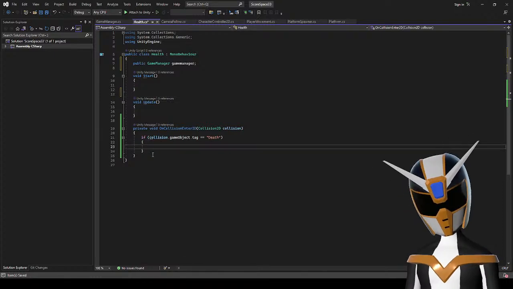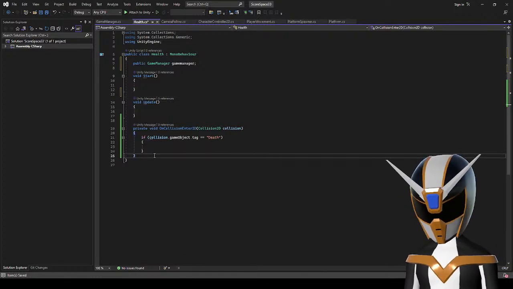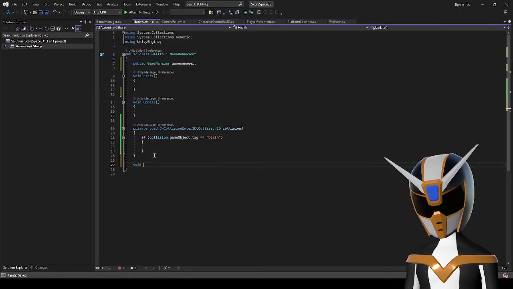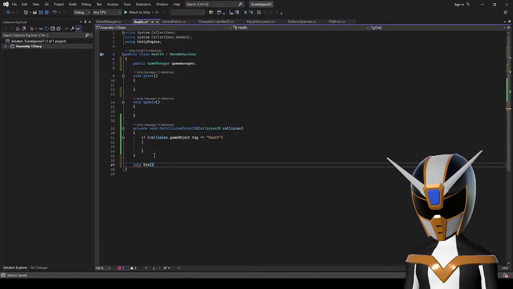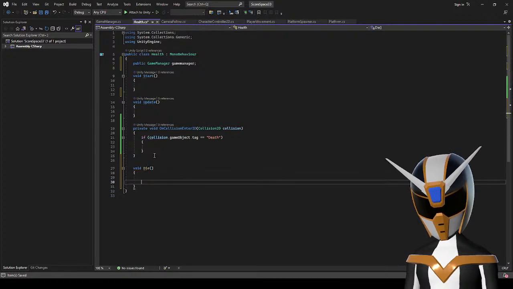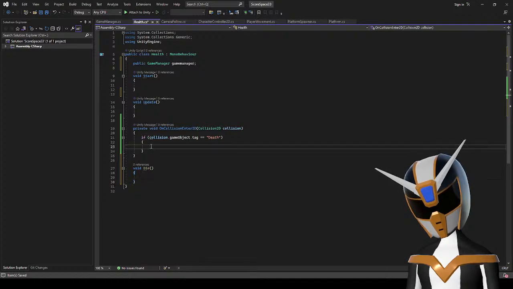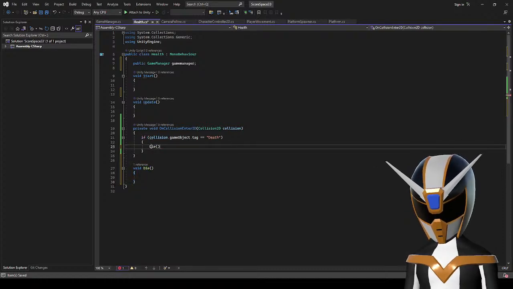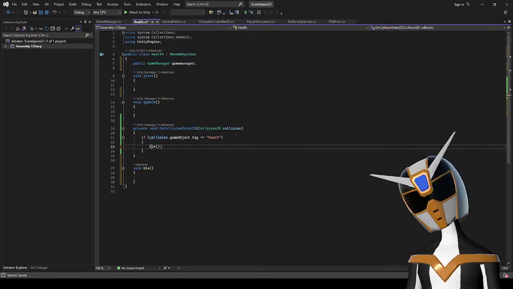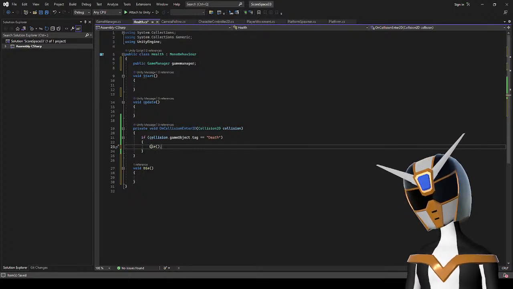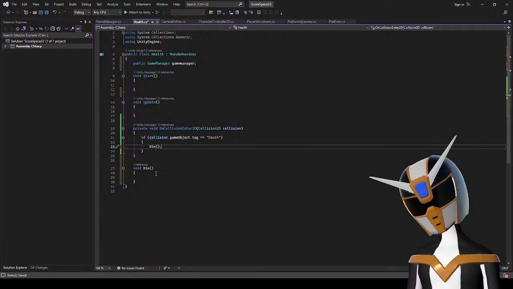You know, I'm not sure. I might actually have health in this game at some point. So let's just make a method for dying. And for now, I'll have this be die. But if I add health, I'm going to have a thing that subtracts your health, and if the health equals 0, then it runs the die method.